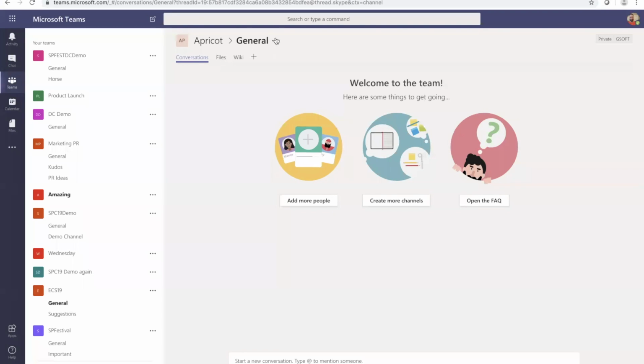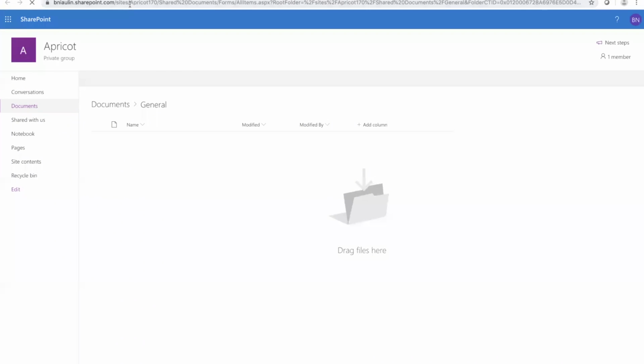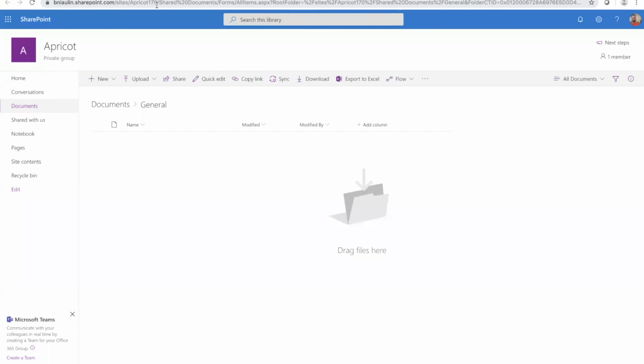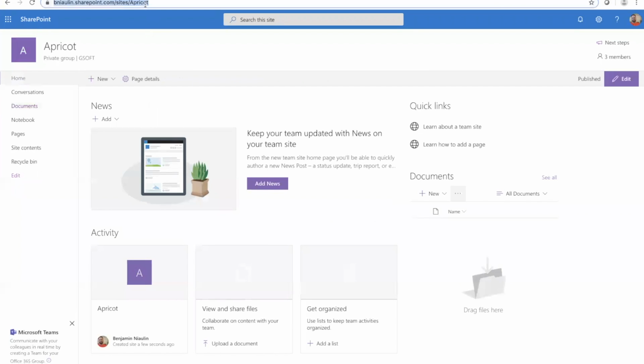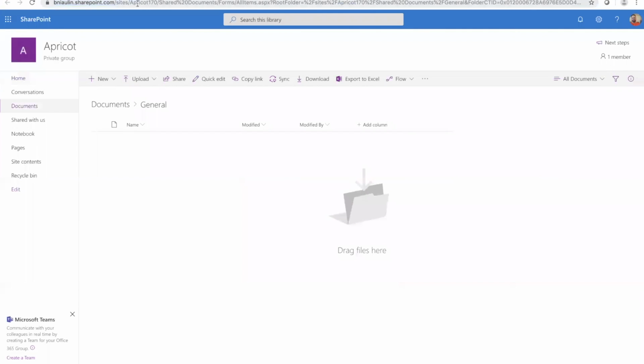But if I open the SharePoint that is attached to this Microsoft Teams that I just created, look at the URL, Apricot 170. It duplicated my site. I have a site called Apricot that, if I pay attention in the bottom left, I could have joined a Microsoft Teams to this team site, but because I went straight to Microsoft Teams and decided to create a new one, instead, it created Apricot 170 and essentially duplicated my